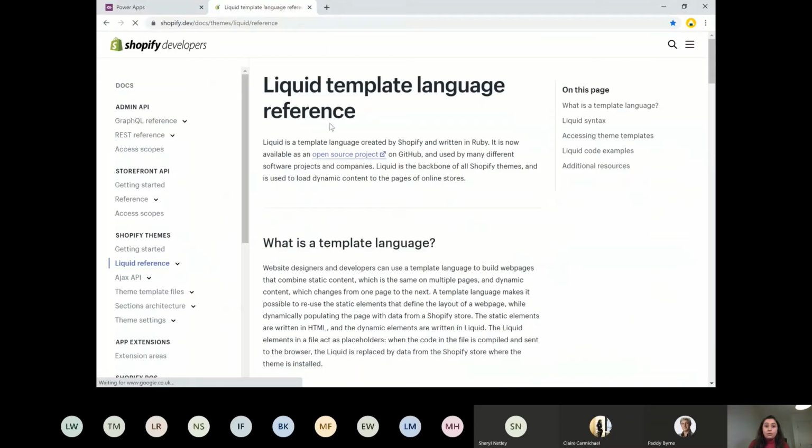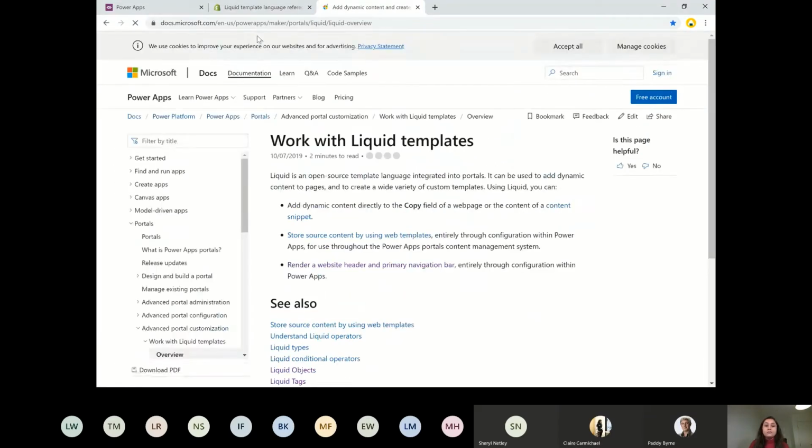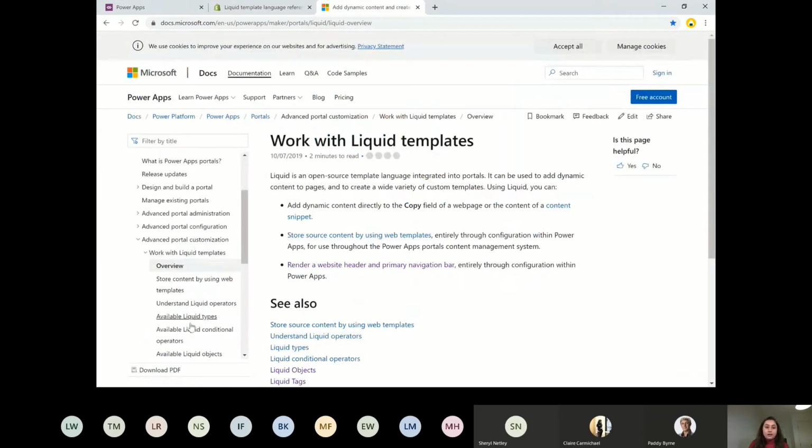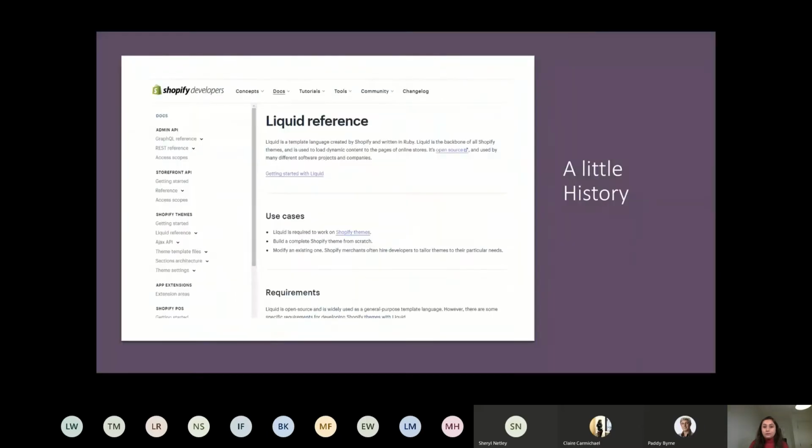If you would like to know from the basics, we have the Liquid template language at shopify.dev/docs/theme/liquid reference, where we will see all the basics of Liquid. But we definitely have good documentation specific to the Power Apps portal on MS Docs, since everything from start to end is there. So we can definitely get started from there as well.